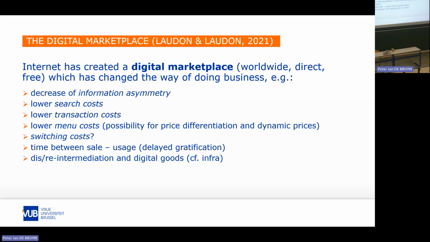Transaction costs are the costs actually associated with doing transactions. So when you're really going to buy something, also there the costs are much lower. You even do not need to leave your couch. You can just do it on your couch. You take a laptop, you browse to the website, you place the order, and they might even deliver it at your place. So we see that information asymmetry declines, search cost declines, transaction cost declines, all things in the benefit